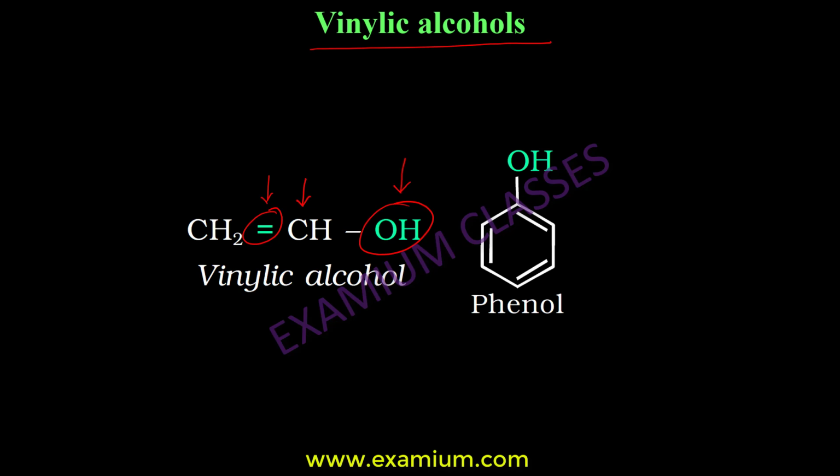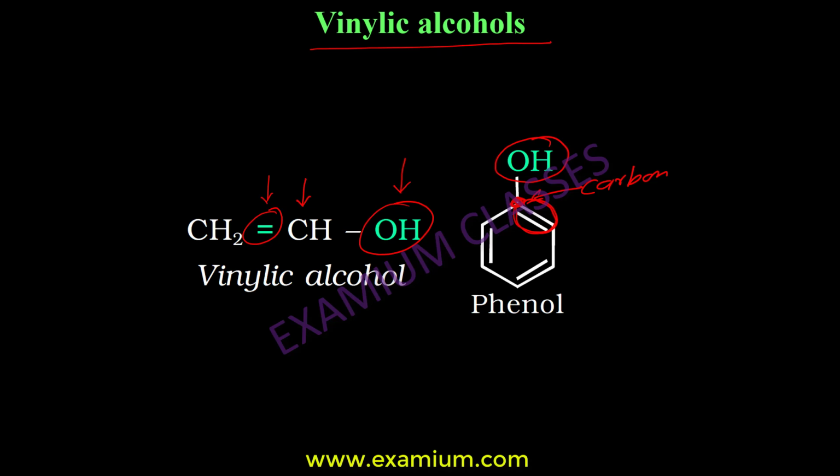Another example here, phenol is actually vinylic alcohol because the carbon, this is carbon here, has OH attached to it and also a double bond attached to it as per this structure. So if you are asked phenol is whether allylic, vinylic or benzylic alcohol, don't say benzylic. The students make that mistake because benzene ring is there. It is not benzylic alcohol, okay?